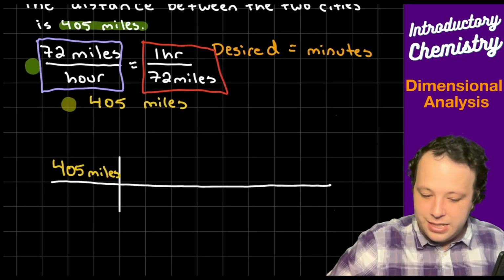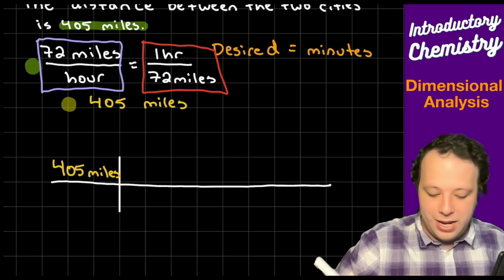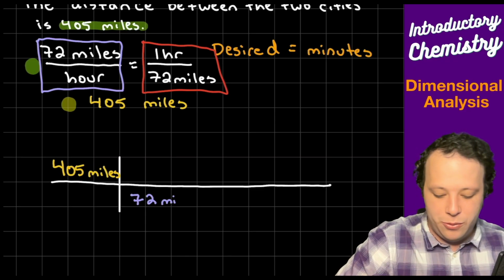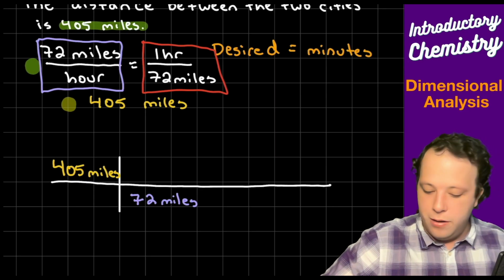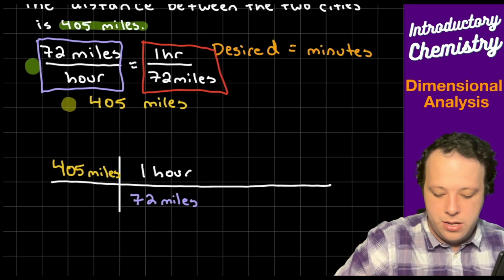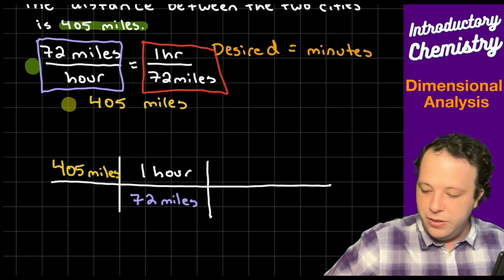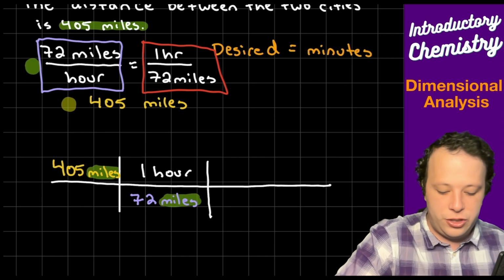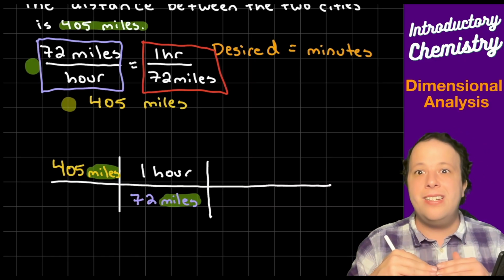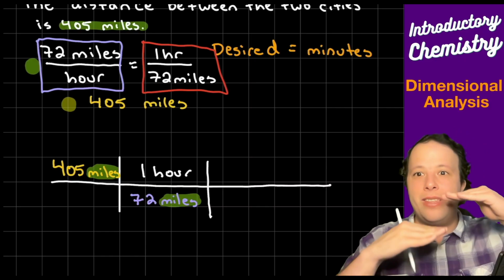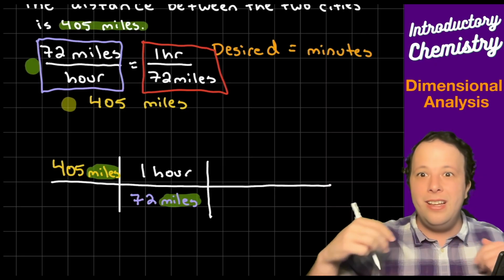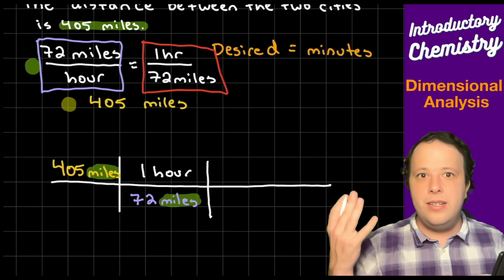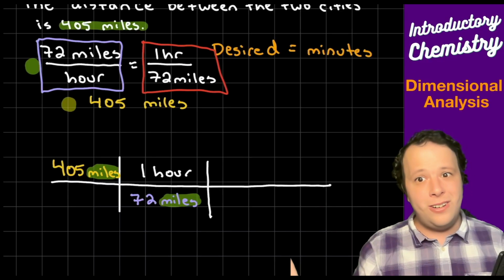So in this case, if I have miles on top in my t-table, we also need miles on the bottom. So we'll write 72 miles per hour, and that will cancel. You can see how they're opposites. Opposites always cancel, and we'll highlight it so we can show how that's canceling. Opposites cancel each other out, and that's the ultimate thing. When we see these opposite units, they will cancel each other. So now we have hours. How do we get to minutes? Well, how many minutes are in an hour?